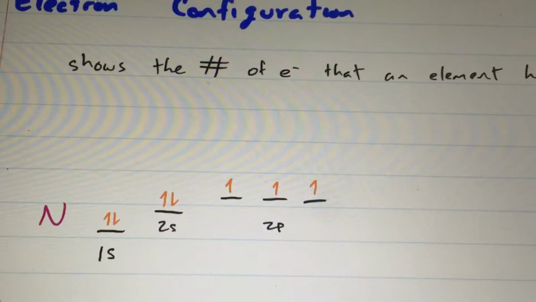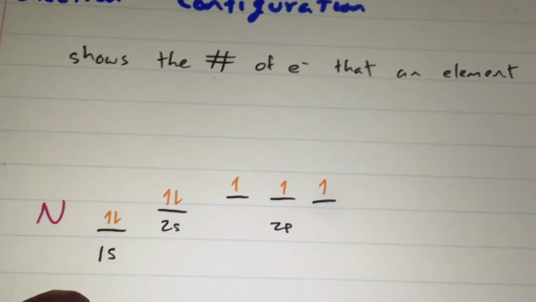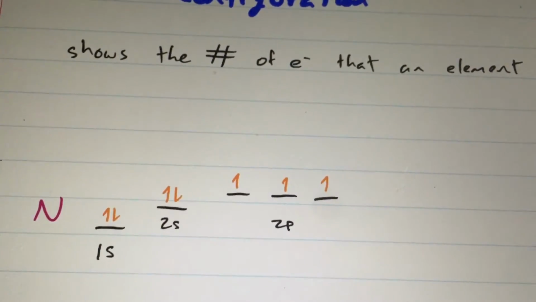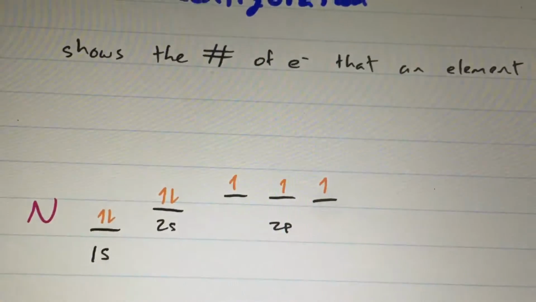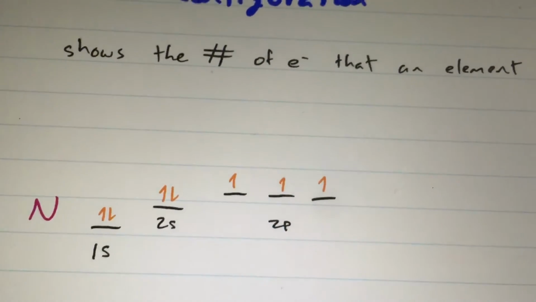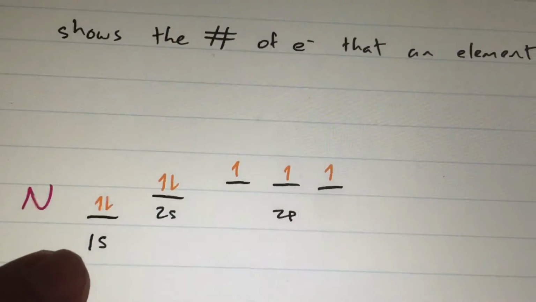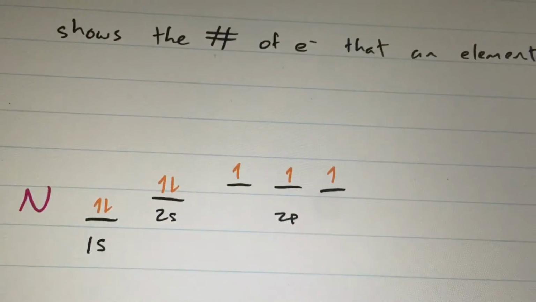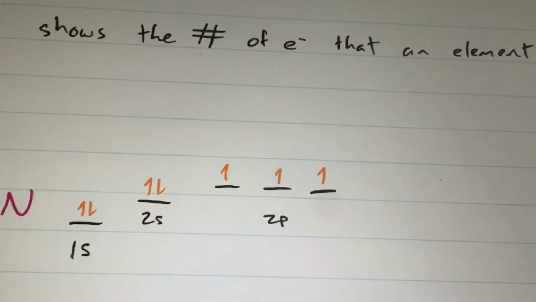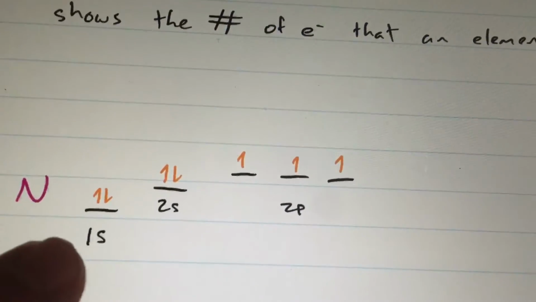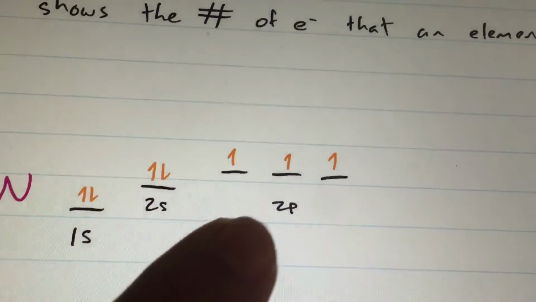So let's look at nitrogen as our example. Nitrogen has a total of 7 electrons. And the only orbitals available in there are the 1s, the 2s, and the 2p. And because it has 7, let's start filling them up. So 2 of them will go into the 1s, because if you recall, each individual orbital can hold up to 2 electrons. So we put the first 2 in the first s, the next 2 in the second s, and